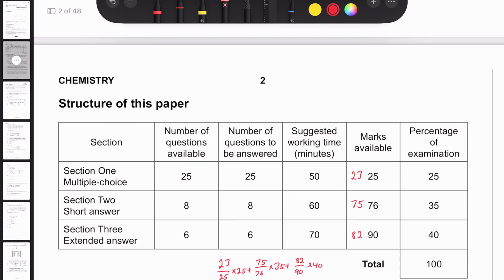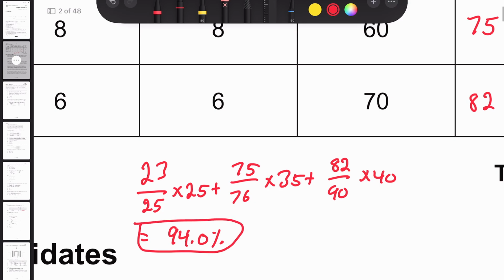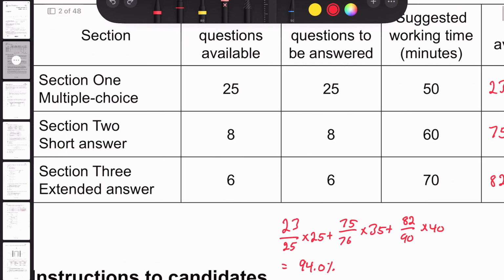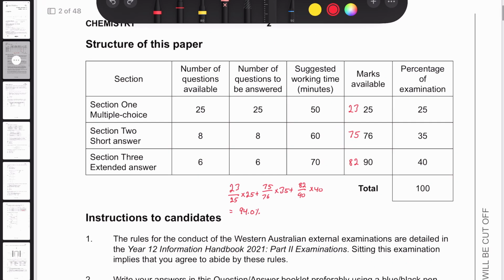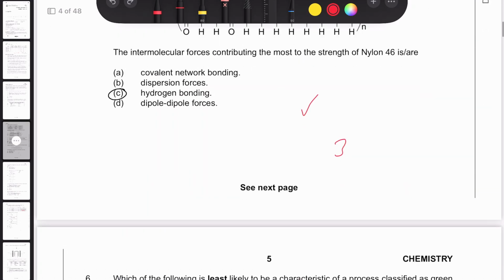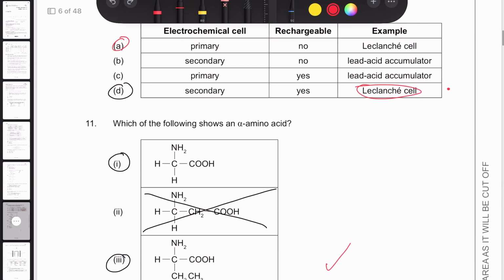But we have improved again, which is very nice. 94%, we're getting up there, guys. Again, we lost 2 in section 1. Only lost 1 mark in section 2, which was quite good. And then we lost 8 in section 3. So going through them, first mark we lost was this one,